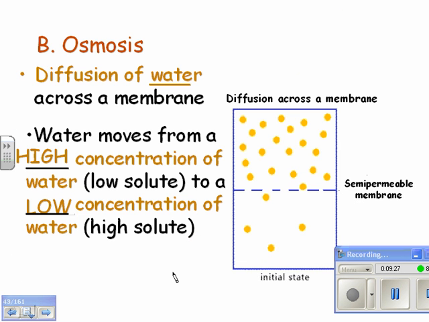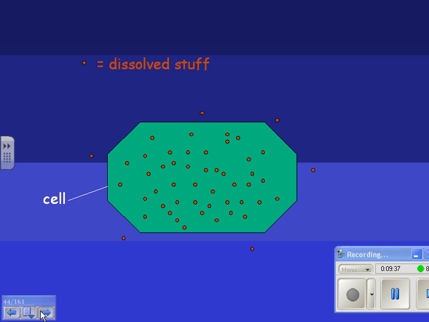So here's diffusion across a membrane, and so you have lots of stuff here, and then it diffuses out to spread out evenly. So it seems easy until you kind of look at it, I think. So here's a cell, and this is the dissolved stuff, and this is not water. Let's say this dissolved stuff is salt. So if you have a ton of dissolved salt in here, that means you have not so much water. So that means you have low concentration of water inside and right here you have a high concentration of water